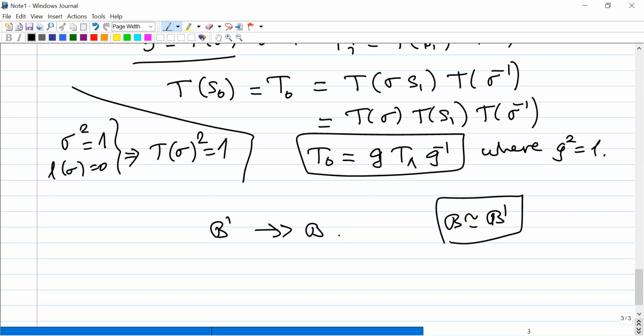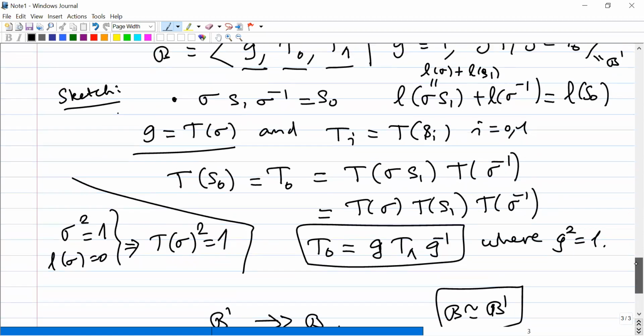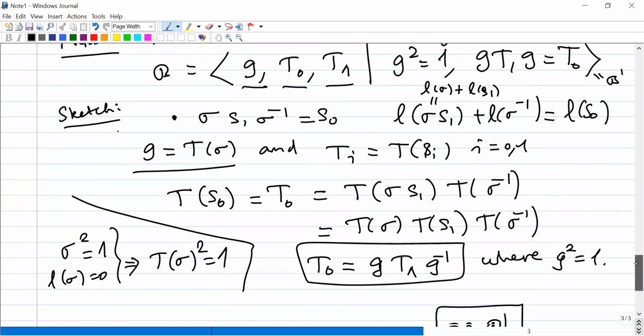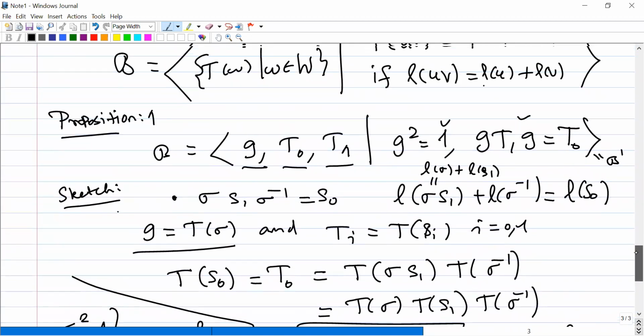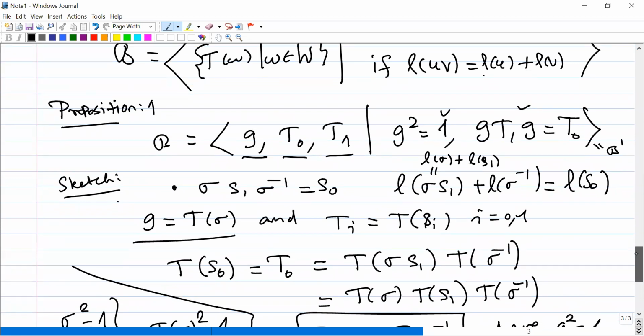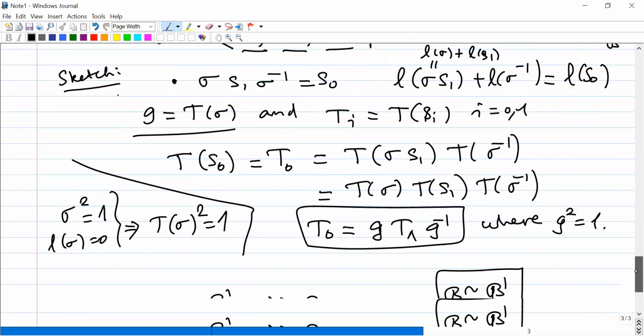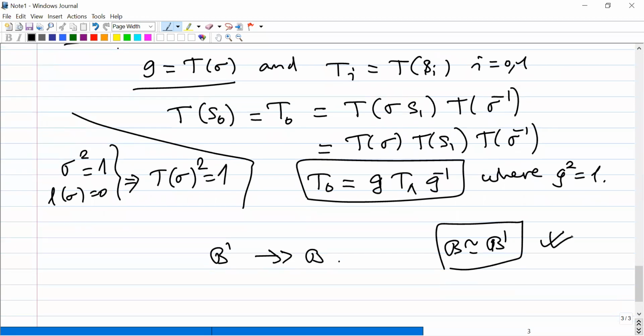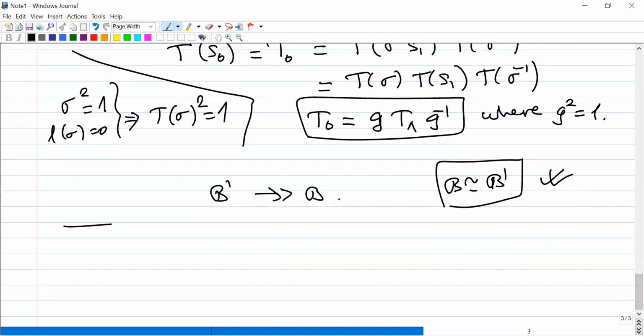So basically you verify the relations by identifying. Once you know the dictionary, in some sense the conversation between the generators, how to go from one generator to another generator, you can actually verify all the relations. So here it's very clear what we are doing. Okay. So this proposition is not that hard to prove. So let's see another presentation of this braid group.